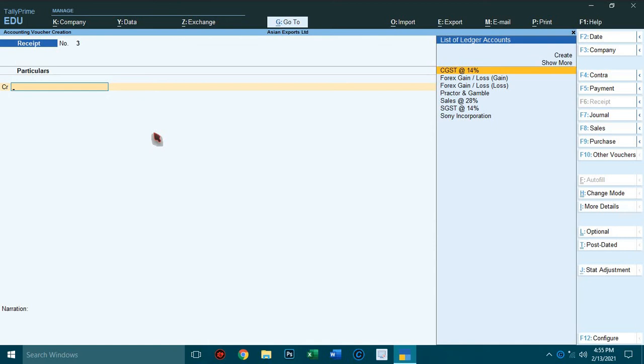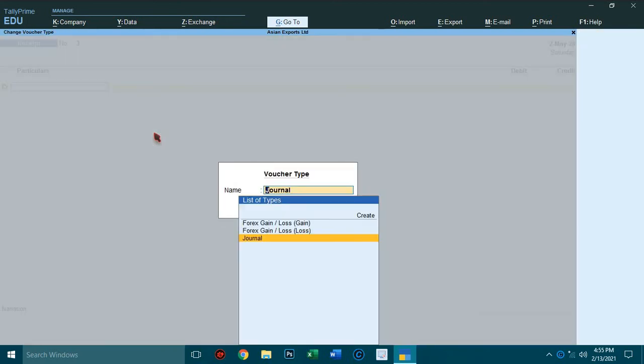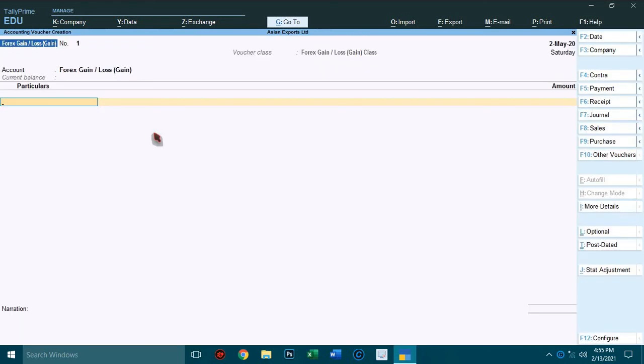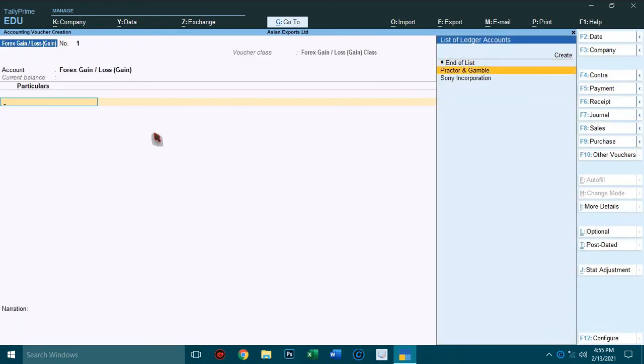Voucher, press F7, select forex gain or loss gain. Select forex gain or loss gain class. So select Procter and Gamble. So your gain is from Procter and Gamble, that's why you have to select the Procter and Gamble ledger.